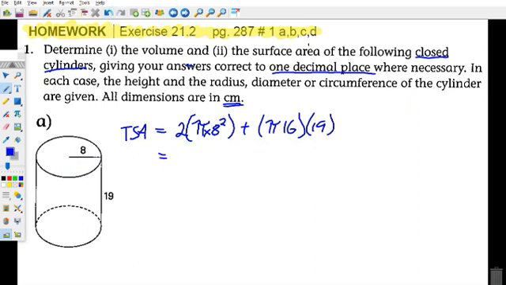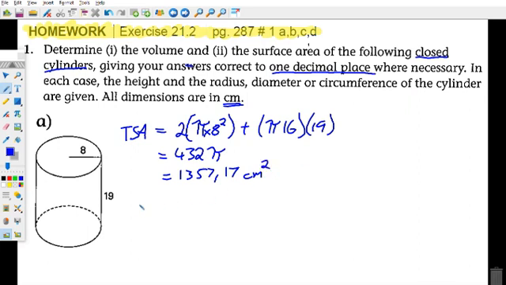So then plug it into your calculator. 2 times pi times 8 squared plus pi times 16 times 19. We're going to get 432 pi, which is equal to 1357.17 centimeters